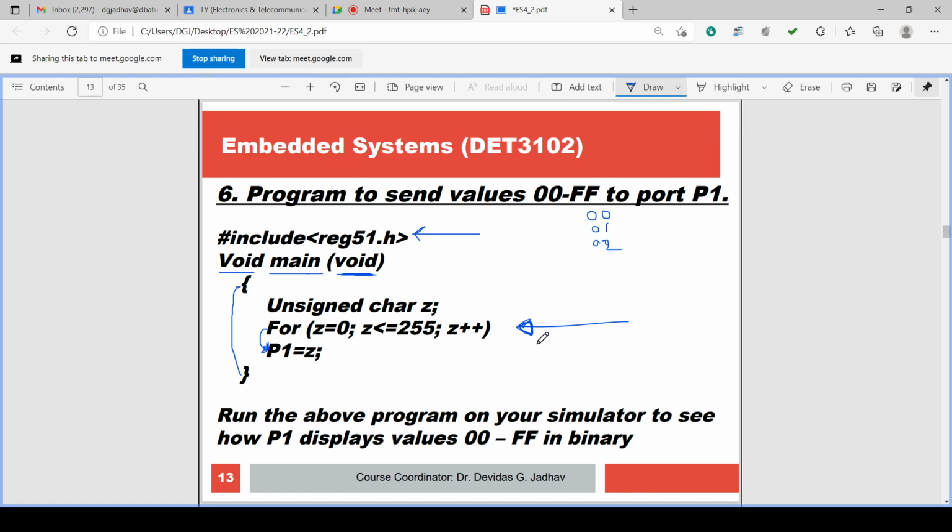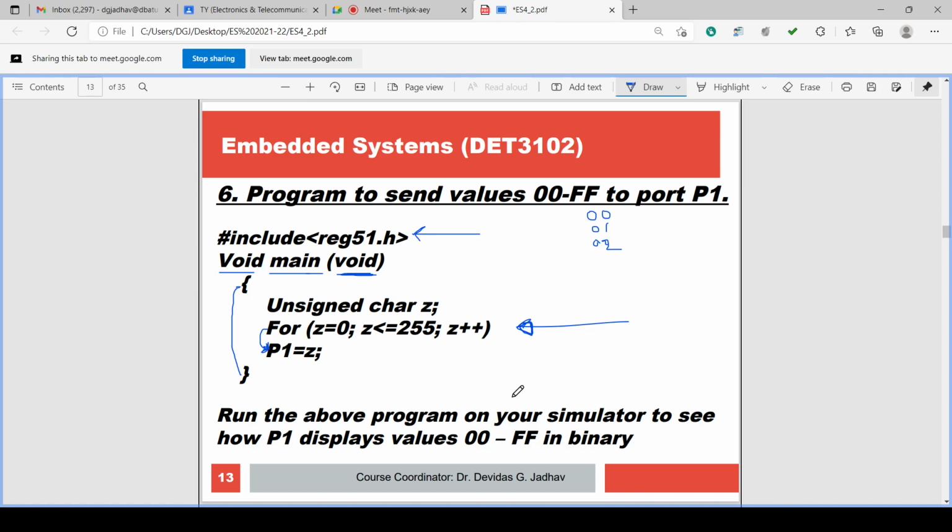Whatever number of times the for loop executes, that many times the next instruction also executes along with it. If a semicolon is not there, the next instruction or next block of instructions is part of the for loop and executes as many times as the for loop is executing.